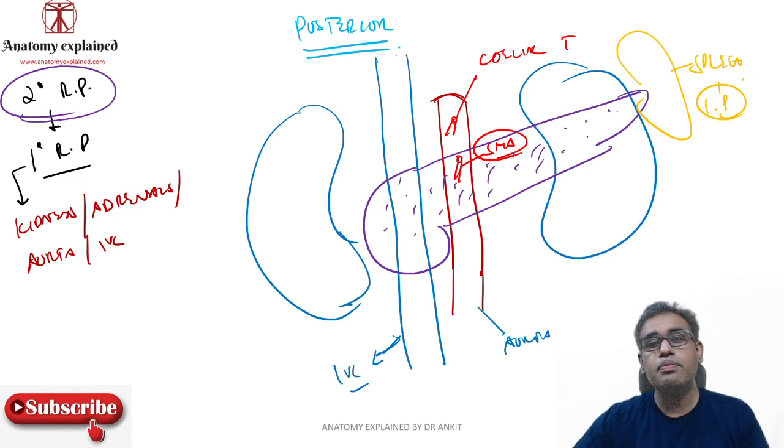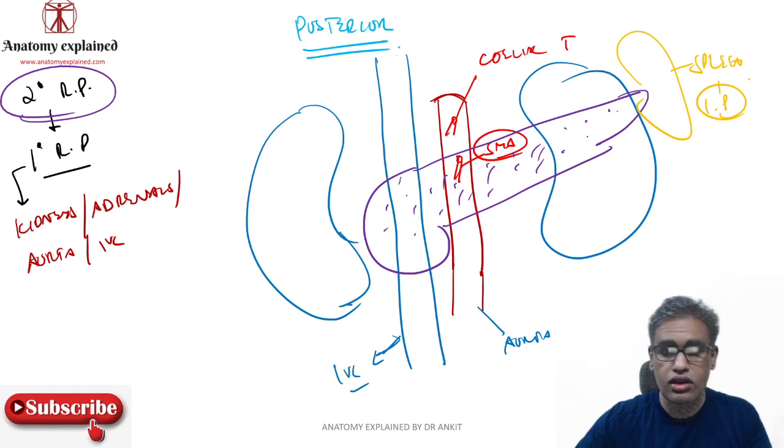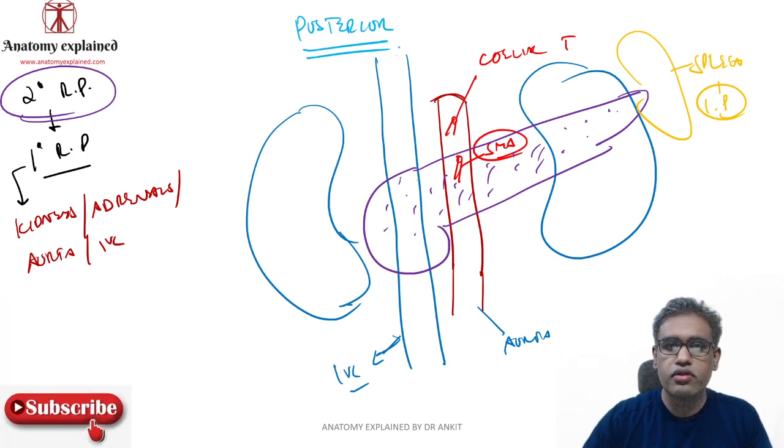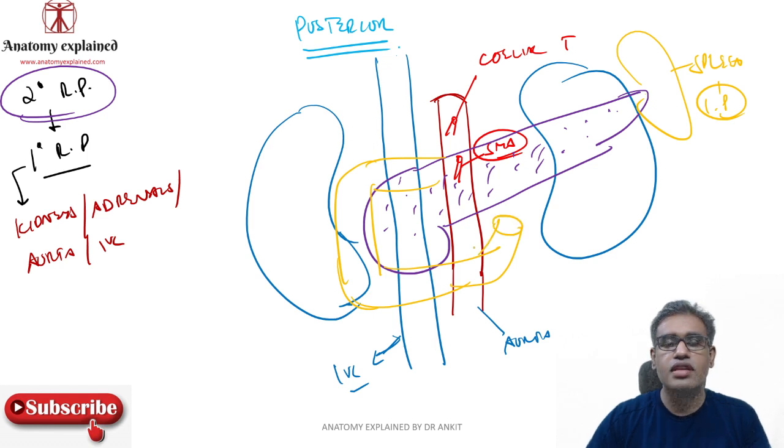Okay, so what is there in the posterior relations of the pancreas? Now let us see all these primary retroperitoneal organs. Plus over here we have seen that this was the location of the duodenum. So if you try to make the duodenum over here, then this would be the first part of the duodenum, that would be the second part, that would be the third part, and that would be the fourth part, slightly at the same level. Now try to understand, if this is the duodenum part, then this would be the continuation, the stomach part, the lesser curvature of the stomach. But here we are basically concerned with the posterior relations.